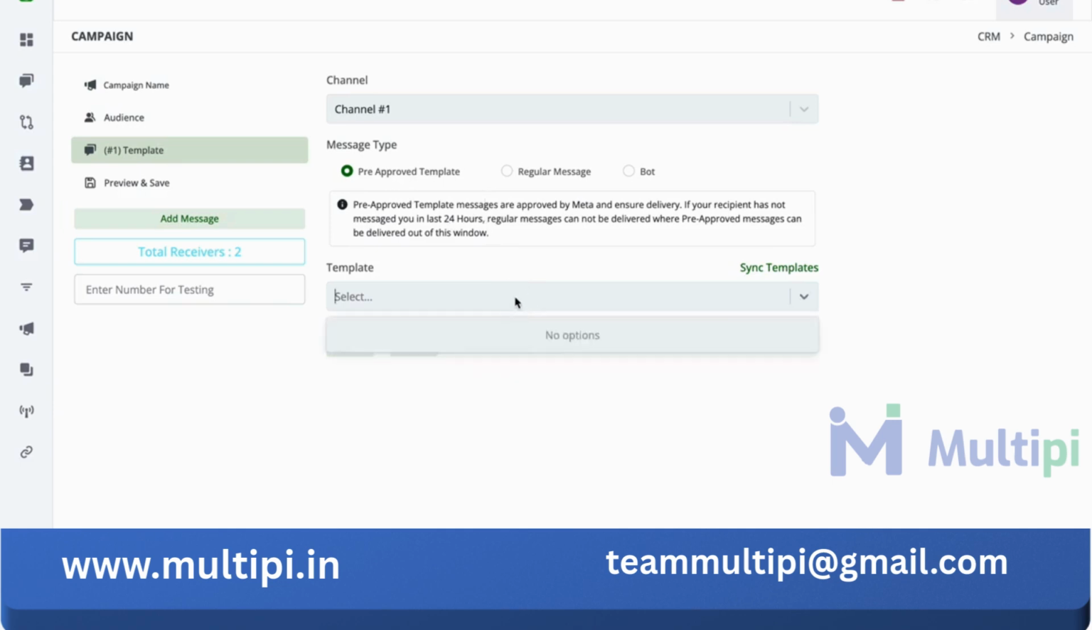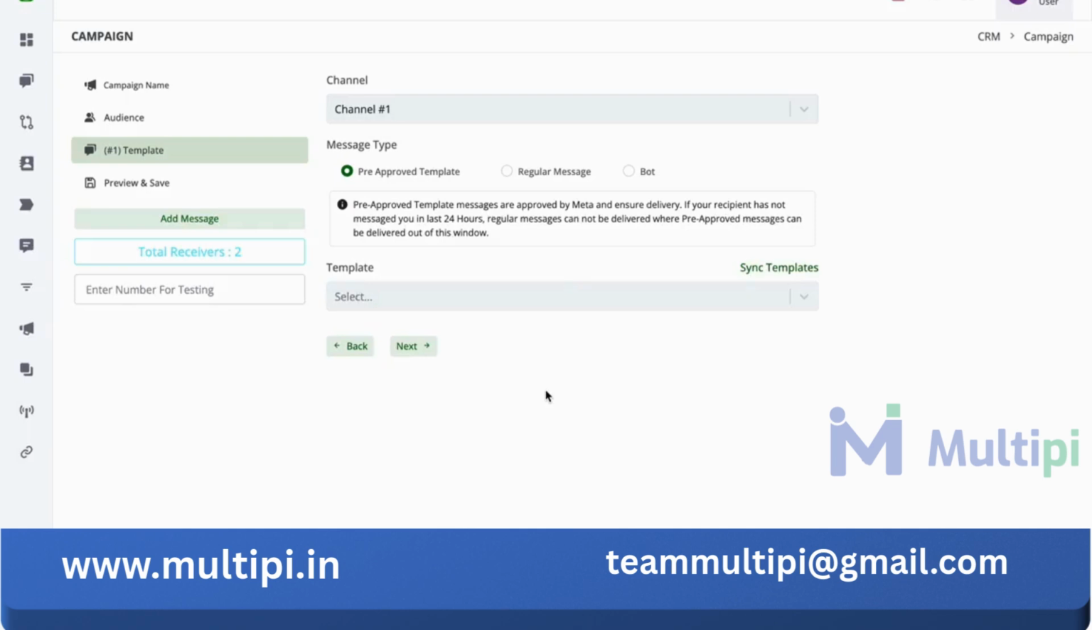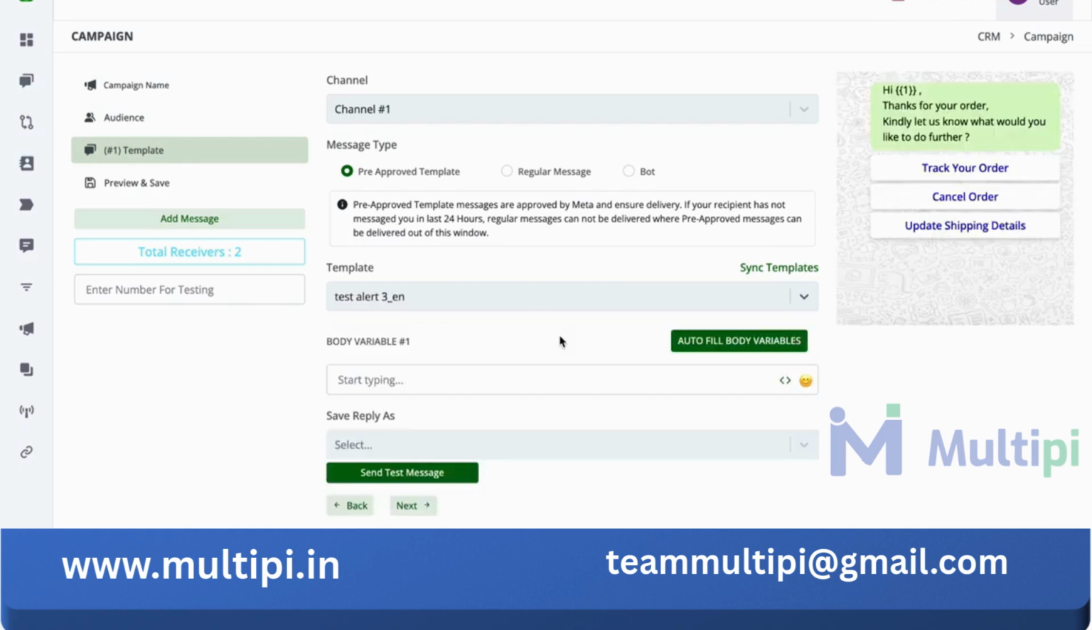Now if you have any pre-approved templates, it should show here, but if you have created the templates in the CRM and they are in the VABA and they are not visible here, simply click on sync templates. Now all the approved templates would be fetched and you can see them here. Then you can select any of the templates, and once you have selected the template, you'll get the option to